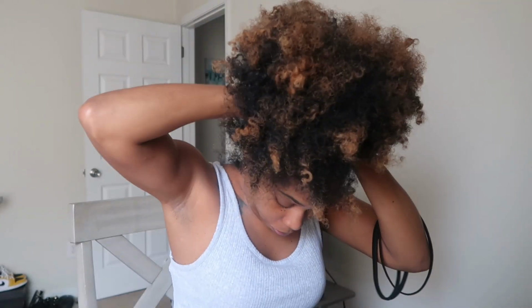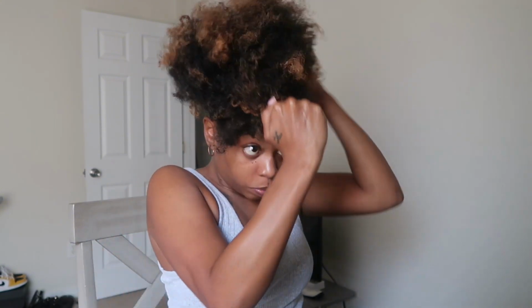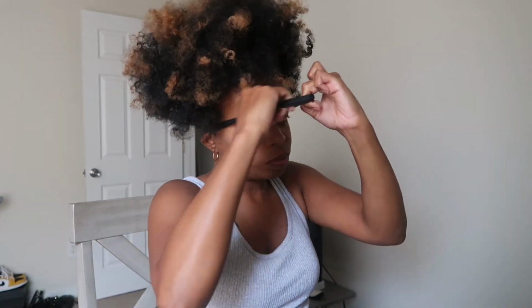And then what I wrap my hair with is one of these. So these are little headbands. They're wide. And I use about 3 of them because I like my hair tight. You can use one, depending on how tight it is. But these are old, so they're a little loose. So I got 3 of them. And what I do is, I put it on my forehead first, y'all, and then I'm just gonna